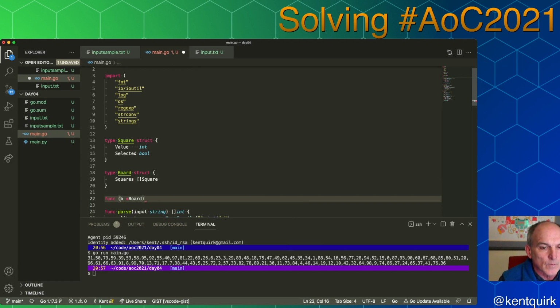Actually, we'll just do b board. toString, right? No, it's just String, right? fmt.Stringer is an interface which just has a String function. Okay. So String function is